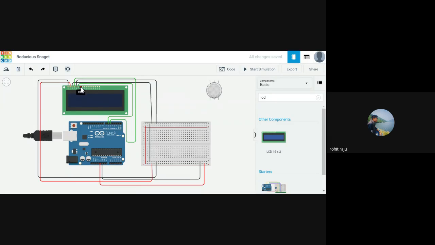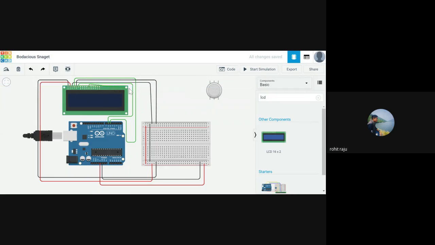And we have db0, db1, db2, db3. As I said, we need 4-bit communication. We don't need 8-bit communication right here. 4-bit connections suffice. So let's connect these from 8, 9, 10, 11.